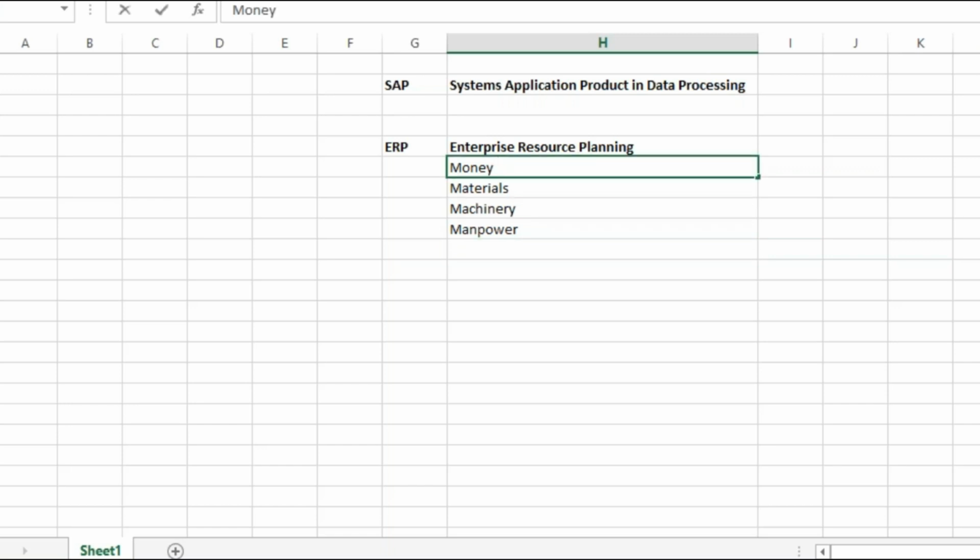Every resource has a dedicated department to plan, manage, and execute it. Now, why is planning essential? Why do we need to plan? What is the importance of planning? Anyone? Planning is important because we need to know the state of the organization, so we know how much we have to spend, the capital.